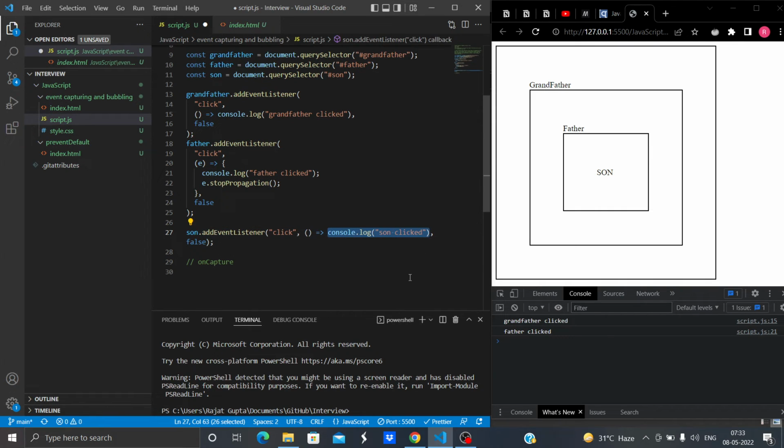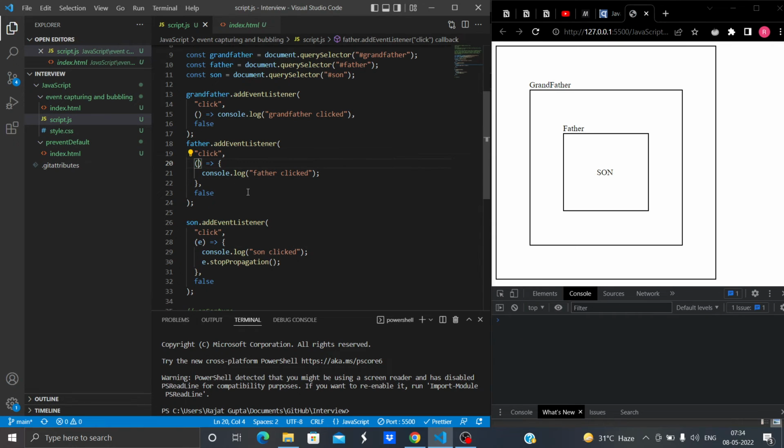Now let's have the stop propagation here. For stop propagation to happen, we need e, that is the event, and we'll write e dot stopPropagation here, and let me remove stopPropagation from the other place, and let me save this.